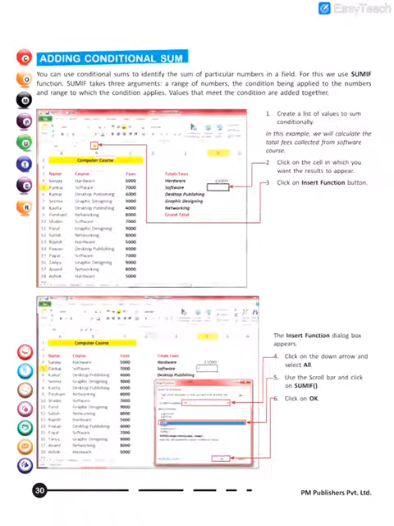Now basically conditional sum is implemented in Excel with the help of a function that we call SUMIF. Before we do that, we have to first know the syntax of SUMIF. So I am giving the syntax here. Please see. SUMIF.